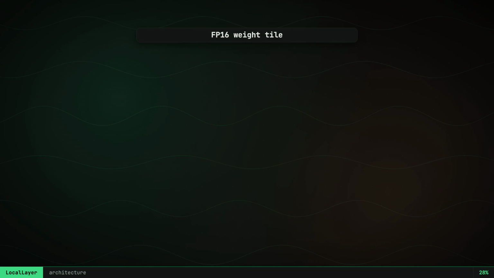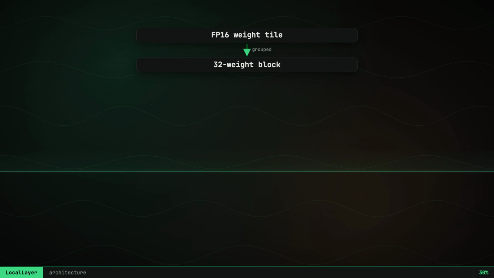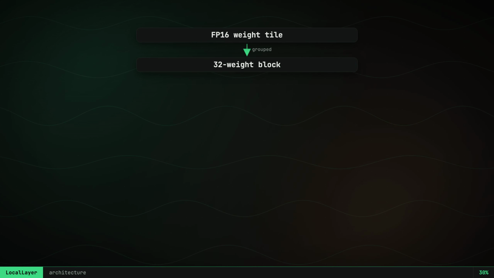Here's the actual trick. A K-quant doesn't quantize every weight alone. It groups weights into blocks and shares one scale across the block. Q4_K packs 32 weight blocks under one shared scale, landing at 4.5 bits per weight. Q5_K uses that same 32 weight layout at 5.5 bits. Q2_K and Q3_K both use smaller 16 weight blocks at